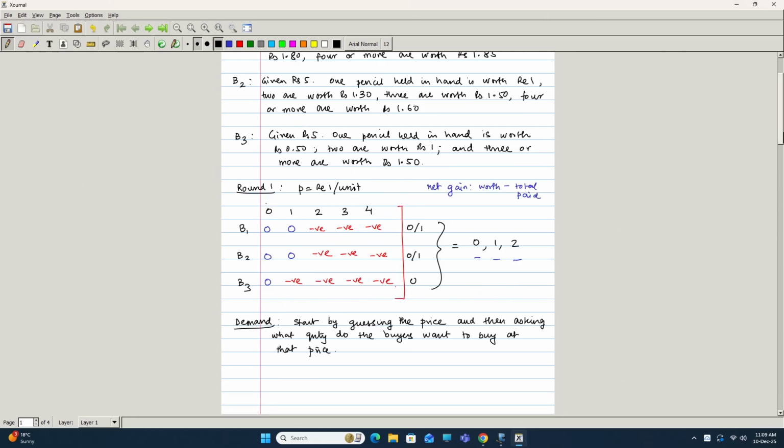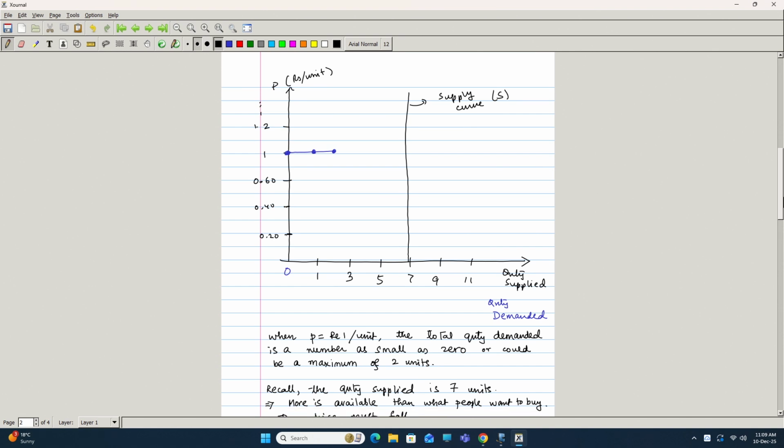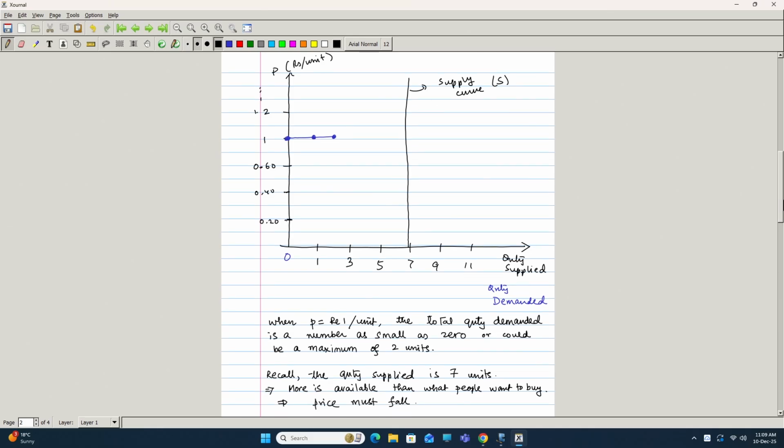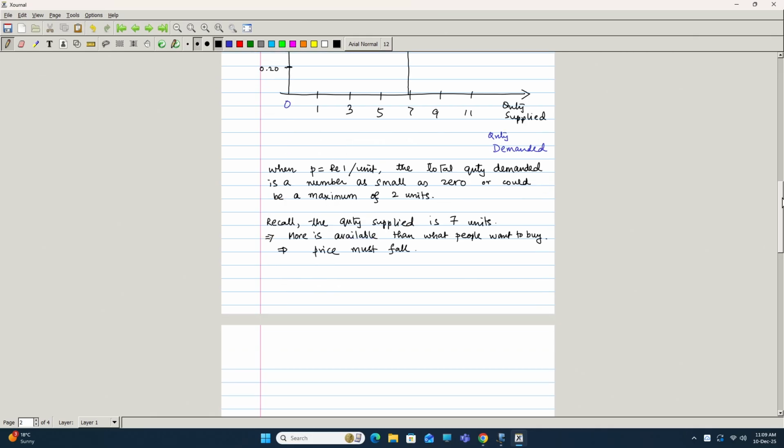So, in round 1 what we learnt was that we computed what each buyer wants to buy at each price, at that particular price. For buyer 1 we found, for buyer 2 we found, and buyer 3 we found. We aggregated, and the key takeaway was that more is available than what people want to buy, which means that the price must fall. So what will happen is we will move from round 1 to a new round 2,